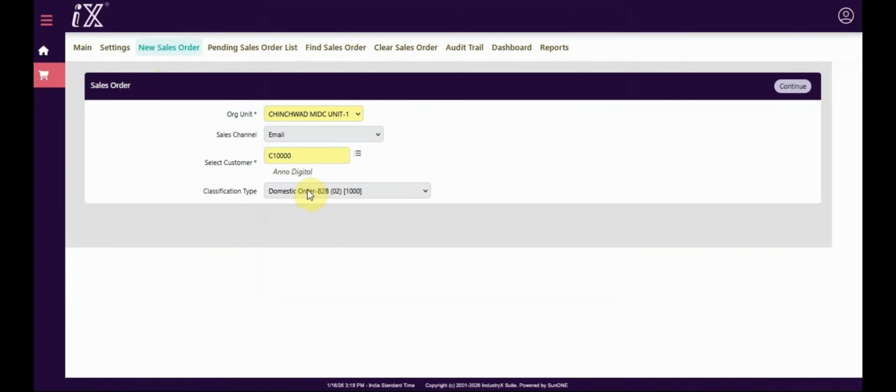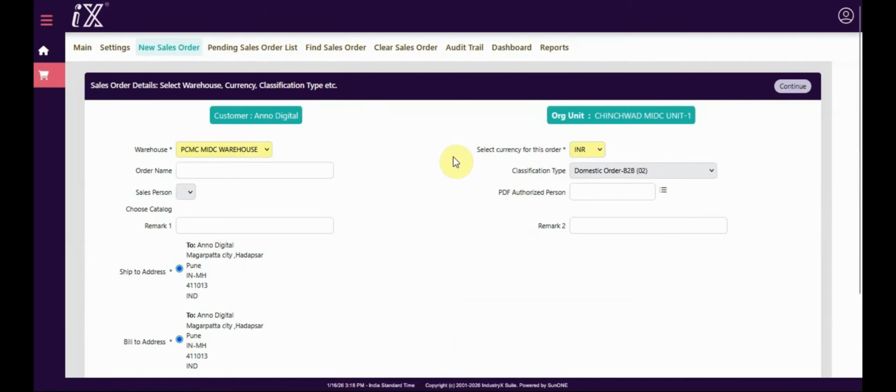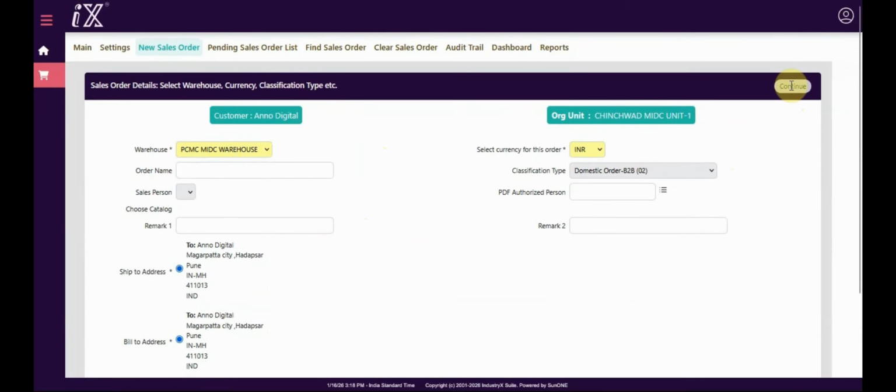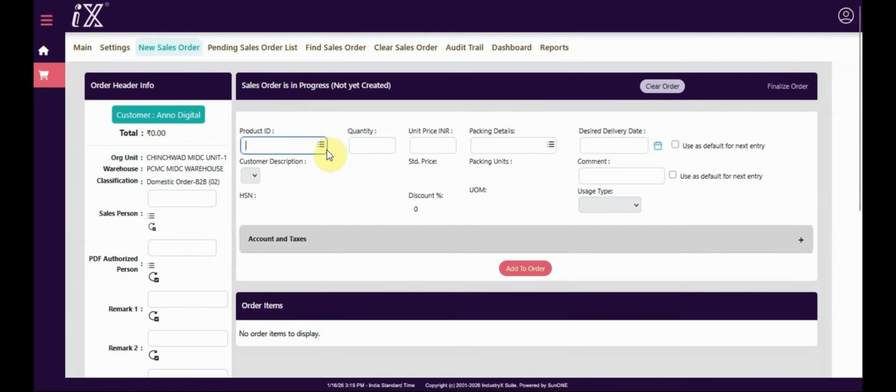Select the appropriate classification type from the drop-down and click on Continue. On the Sales Order Details screen, select the warehouse, currency, and other required details. Note that the fields highlighted in yellow are mandatory, while the remaining fields are optional. Click on Continue. Now select the items for the order from the lookup